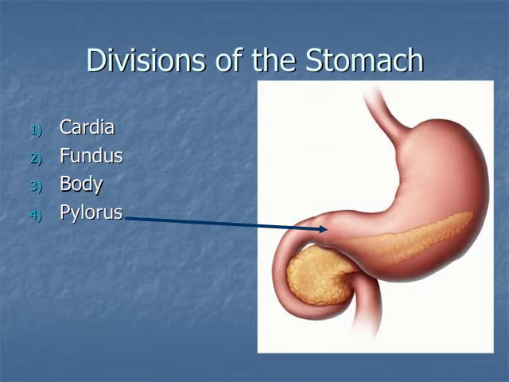And finally, the pylorus is the junction between the duodenum, or first loop of the small intestine, and the posterior part of the stomach. The pylorus is a muscular valve that has a very small opening in it, and this opening helps to regulate the delivery of chyme into the small intestine. Unlike the stomach, which can deal with large quantities of food very quickly, the intestine can only deal with a little bit of semi-digested chyme at a time,